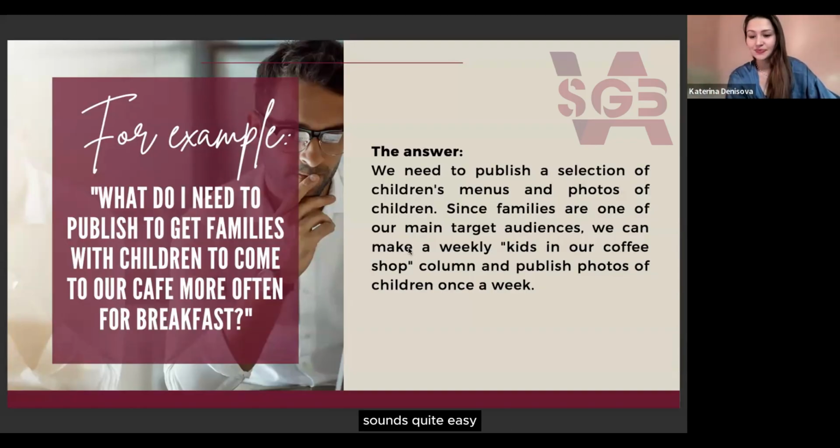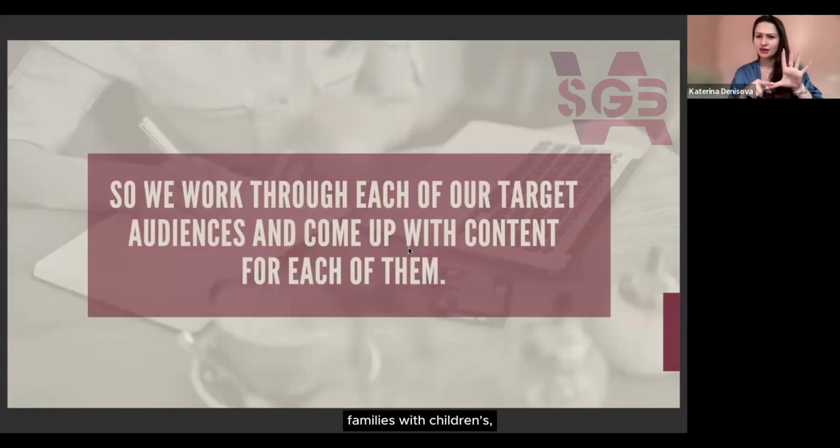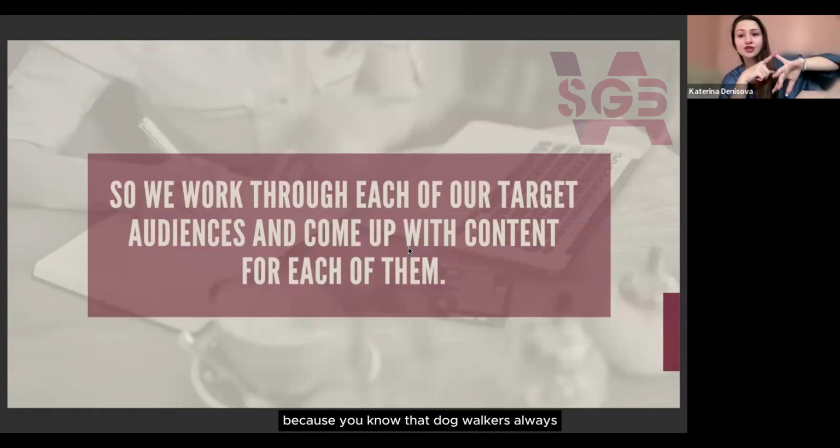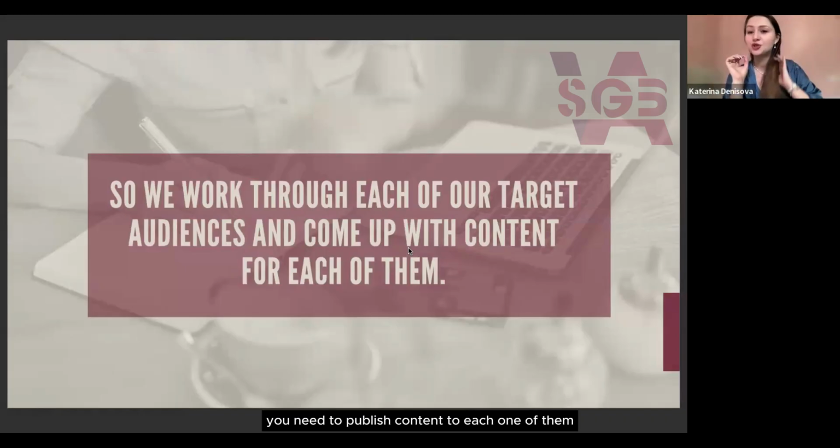Sounds quite easy. So we work through each of our target audiences and come up with content for each of them. That means that if you have 5 target audiences, families with children, locals, travelers, IT professionals, and maybe dog walkers, because you know that dog walkers always walk around your coffee shop in the morning, you need to publish content to each one of them.